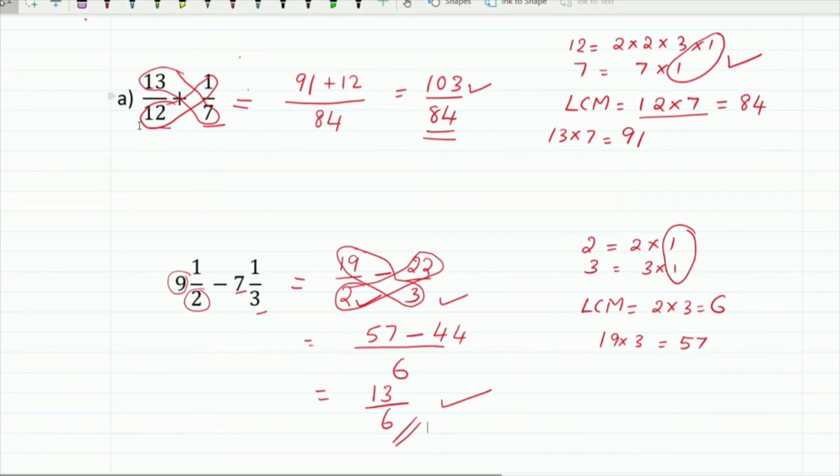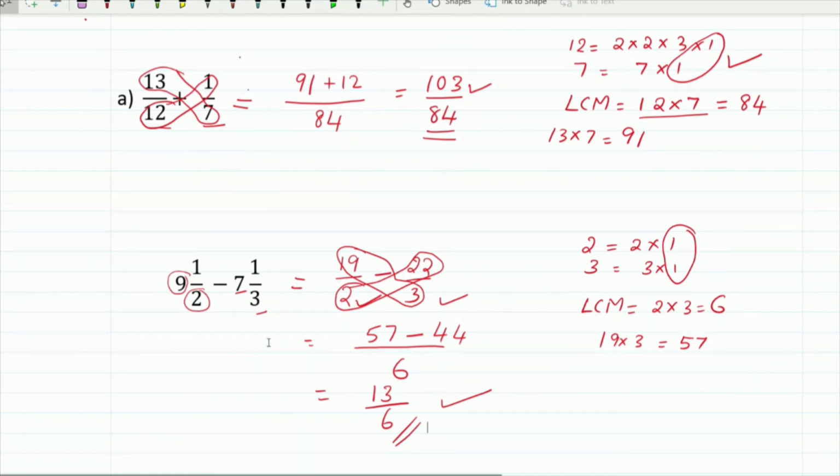After getting the fractions, if the denominators are different, we should take the denominators, find the prime factors and write them as a product of primes, and then check if the denominators have 1 as common factor. For finding the LCM, multiply the denominators and write it there. Then the LCM we got here is 84. Now you have to do cross multiplication and write the numerator. Here also I have done the same. 2 and 3, the common factor is 1, so LCM is 6.